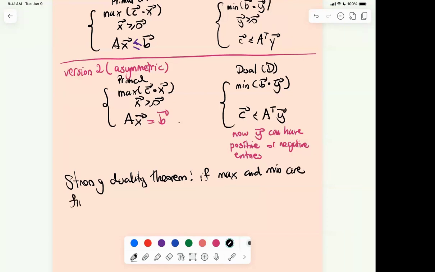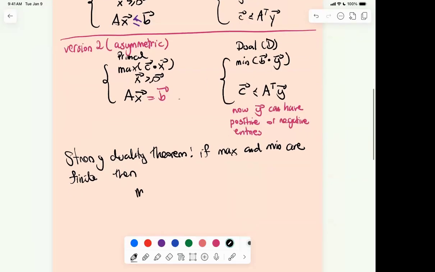If the max and the min are finite, then the value at the vector that maximizes the function in the primal agrees with the value of the function at the vector that minimizes it. So